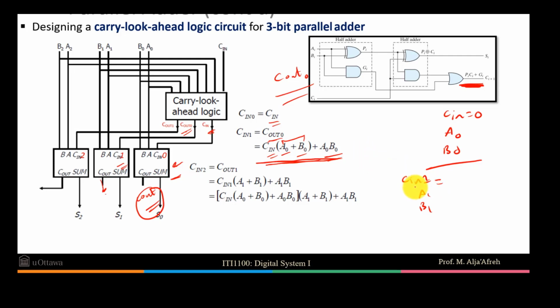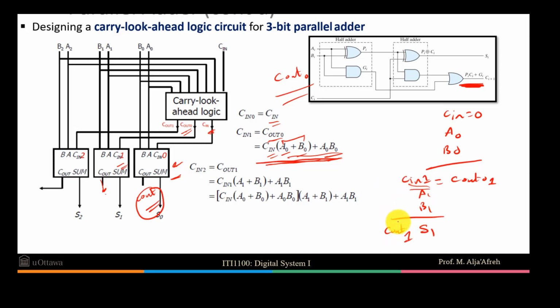Cn1 is equal to Cout 0, which we already calculated here. So that's why we are capable of finding S1 as well as Cout 1